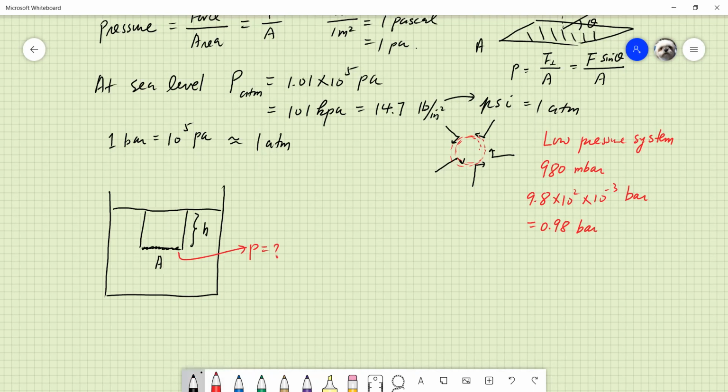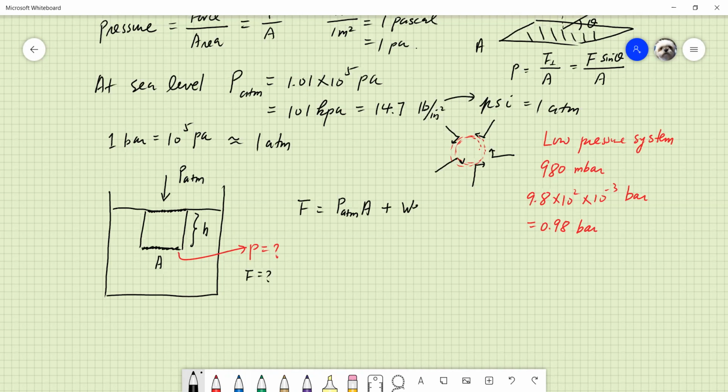Now, let's say the container is sitting in open air. So therefore, you're going to experience the atmospheric pressure. Am I right? And then you're going to experience the pressure at the bottom. First of all, I'm going to look at the force first. The force at the bottom here is equal to the force at the top from the atmospheric pressure multiplied by A. Am I right? So if you want to find the force from the atmospheric pressure, you just multiply by the cross-section area A, plus